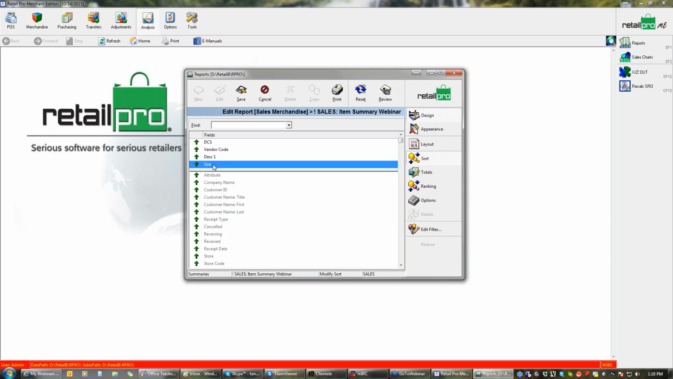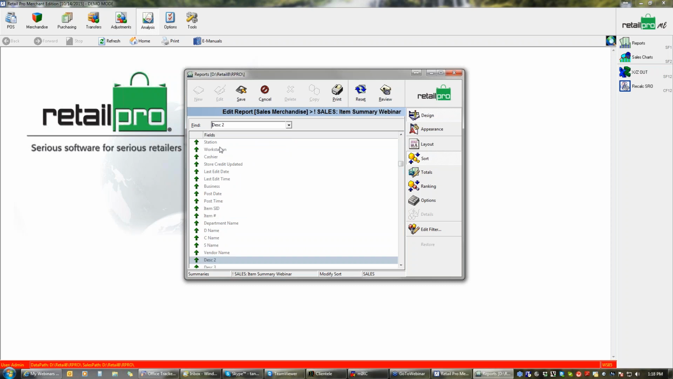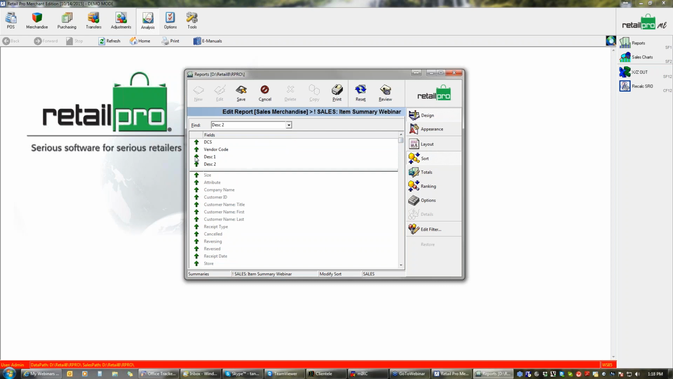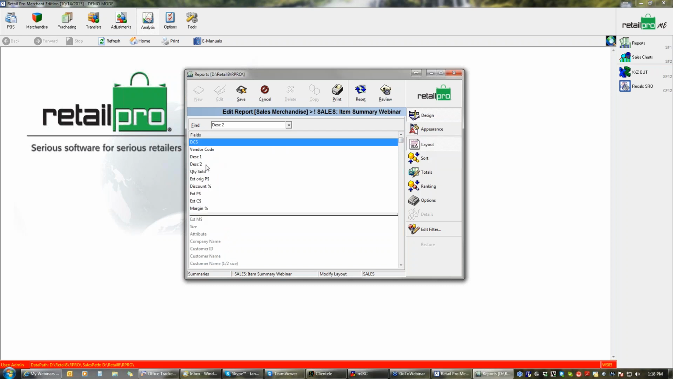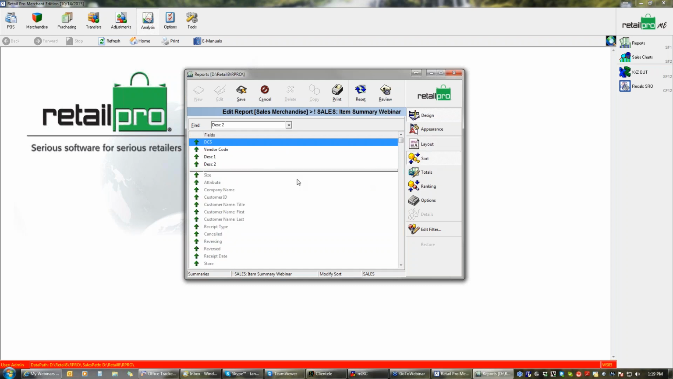So I'm going to get rid of attribute and size, and again, I'm going to use the find box to find description 2, and then I'm going to put it above the line by double-clicking it. Now my sort matches my layout. Okay. Now, once you get more proficient with reports, your sort does not have to match your layout, but the